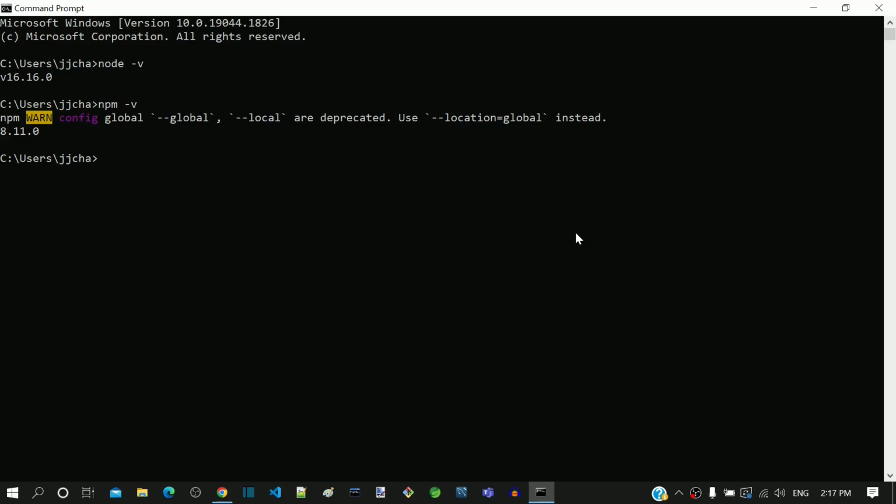Earlier we installed Node.js. When installing Node.js, npm as well got installed. Using npm, we are going to install Angular. In the command prompt, we can type the following command: npm install -g @angular